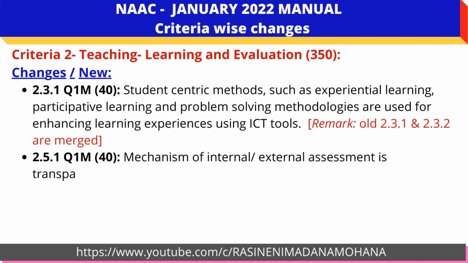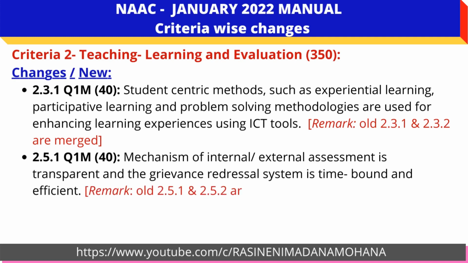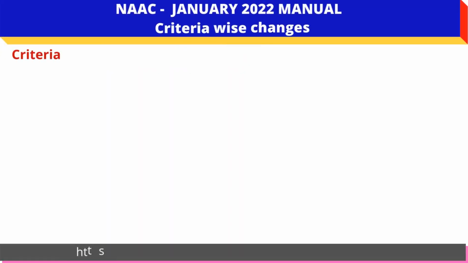Mechanism of internal and external assessment is transparent and grievance redressal system is time bound and efficient. Earlier, 2.5.1 was mechanism of internal and external assessment, and 2.5.2 was grievance redressal system and time bound related to examination. Now these two are merged and made a single metric with 40 weightage. Then coming to